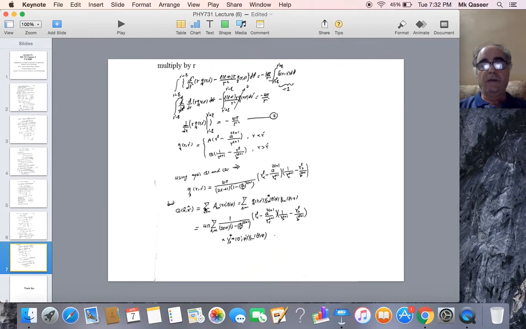The full Green's function, now we have to multiply by Y_lm star of theta prime phi prime and Y_lm of theta and phi. So the final expression for G of x, x prime is given by this thing. It's a very long expression and we will use it